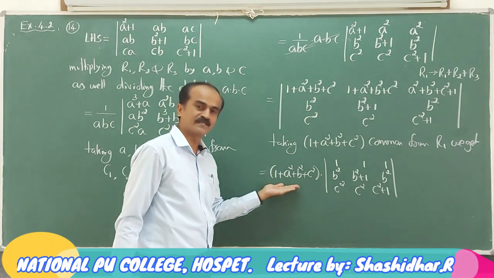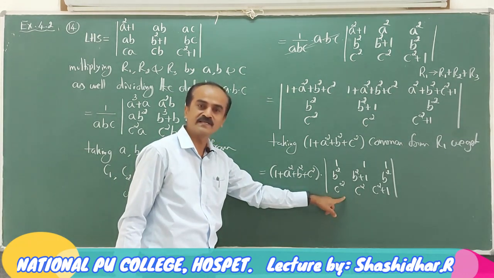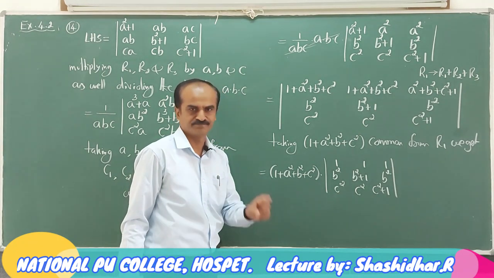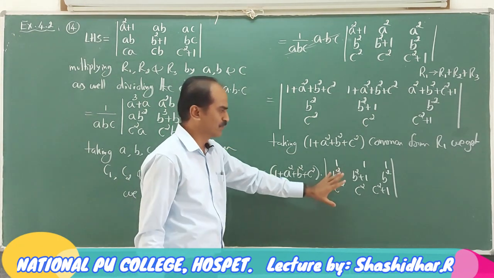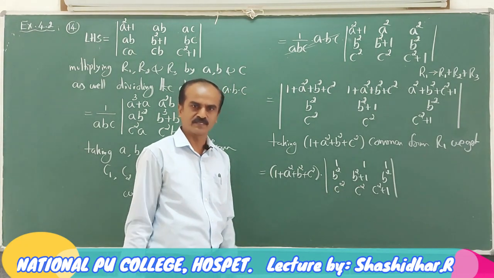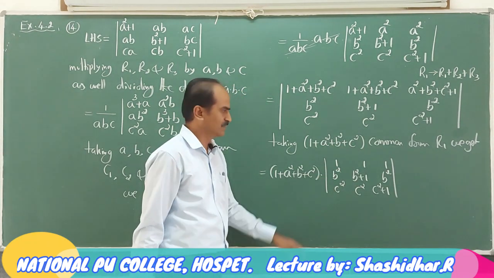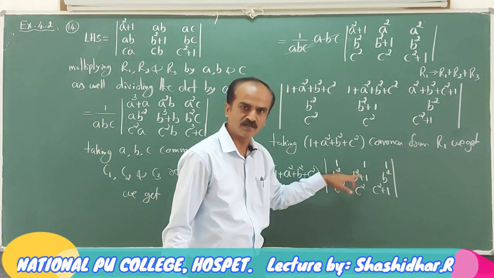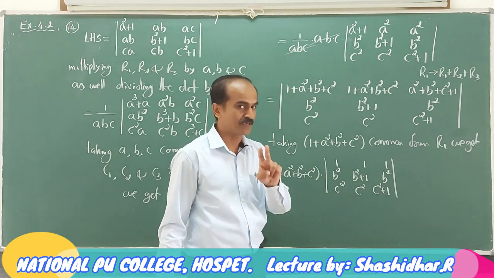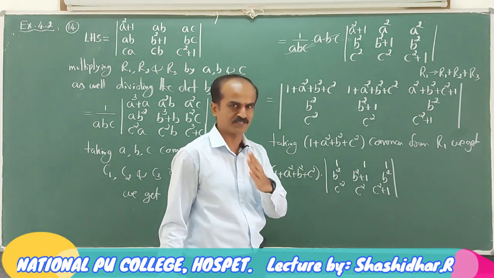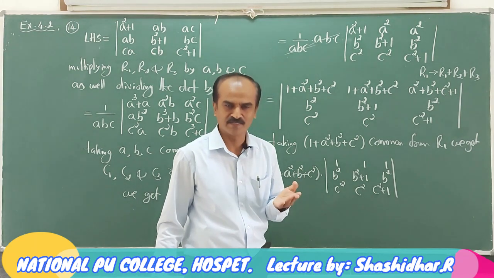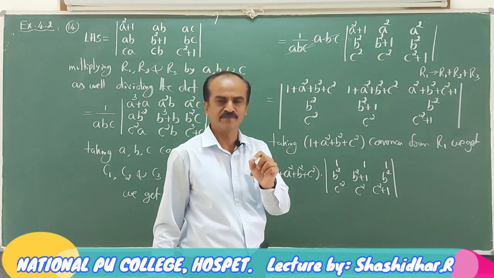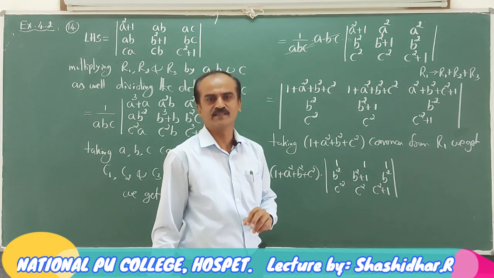Now we are ready with the result, but this determinant is still there. If you expand, you have to get 1. But don't try to expand directly, it takes a long time because of this expression. Look at the first row elements, they are all 1, 1, 1. Means I can make 2 zeros by column subtraction. If zeros are there, what is the advantage? In the simplest way, we can evaluate the determinant.